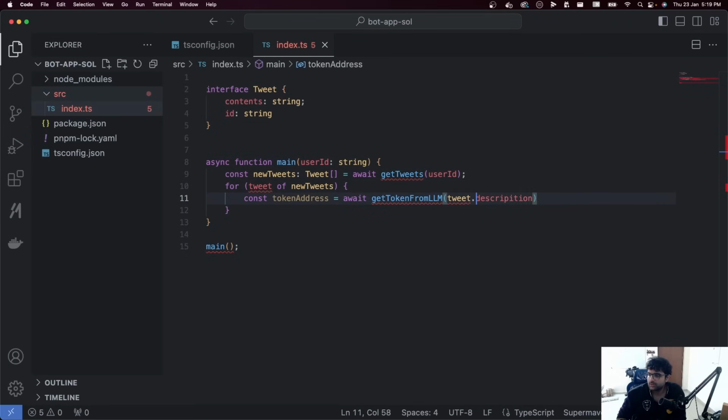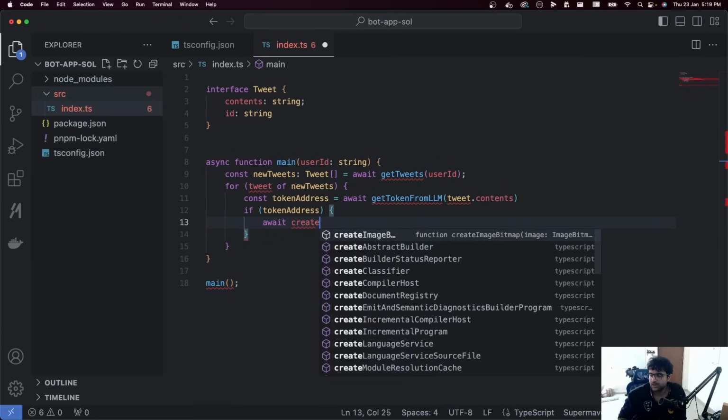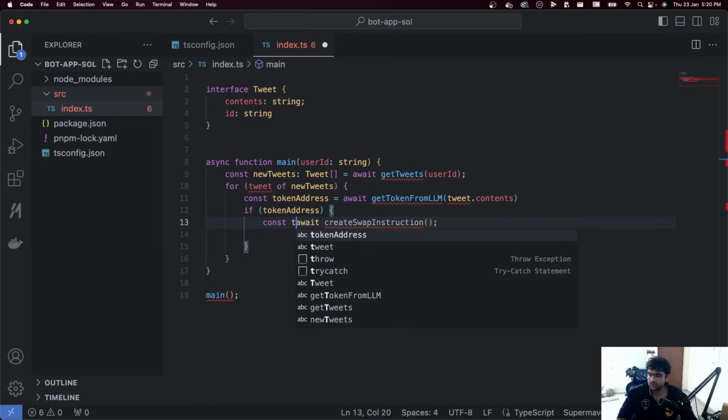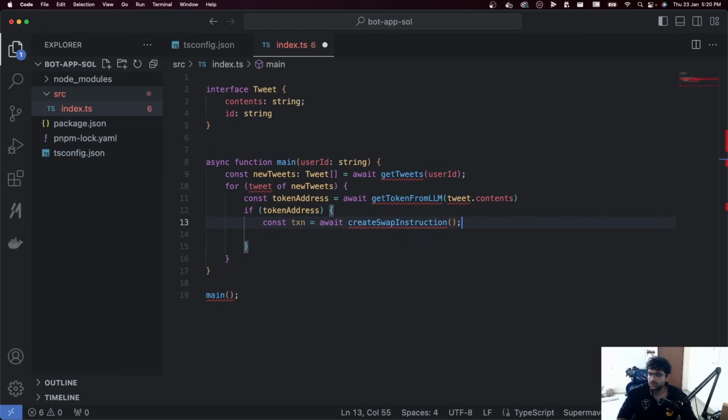So this will be tweet.contents. If the token address that is returned from the LLM, which means there is a token in there, then we have to await create swap instruction and await, or maybe broadcast the transaction. So const transaction equal to this thing, and